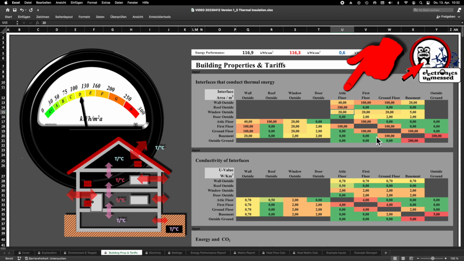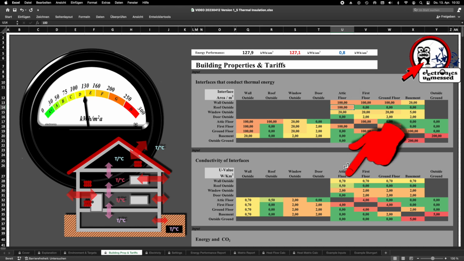The outer walls of the attic with a flat roof are larger than with a gable roof. The area is the same as those of other floors. It's 100 square meters in our example. If the U value of the flat roof is different, we must of course enter it below accordingly. However, I leave the value unchanged so that we can make a fair comparison to the gable roof here.